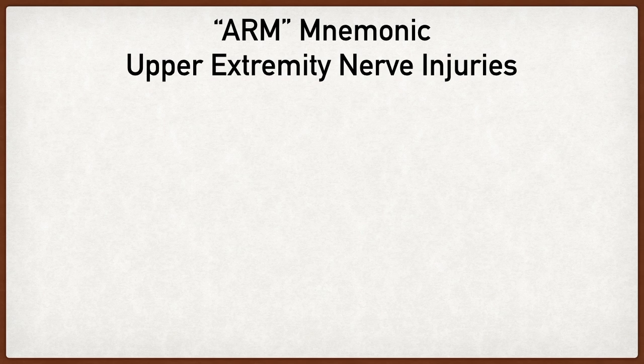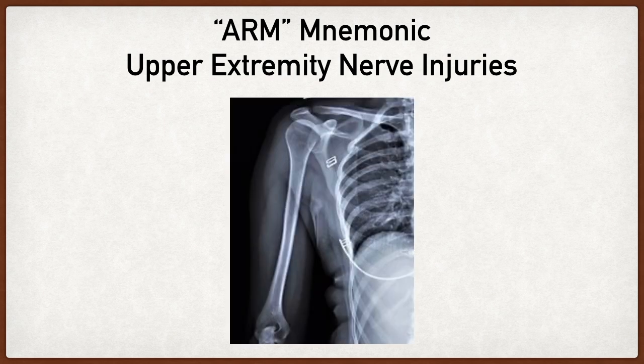The mnemonic to remember here is ARM, and this is how it works. You're going to take the humerus and split it into 3 sections. Then you're going to label it ARM, A-R-M, going from the superior portion to the inferior portion. The mnemonic is easy to remember, just remember ARM fracture. And what this does is it allows you to remember common nerve injuries that can occur secondary to humerus fractures